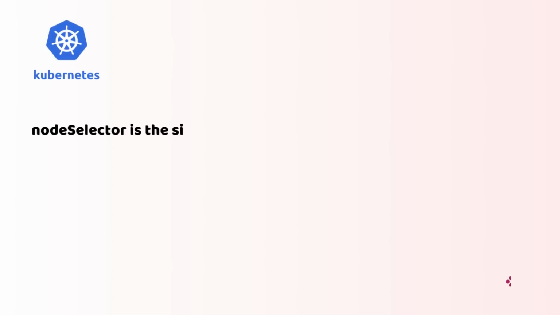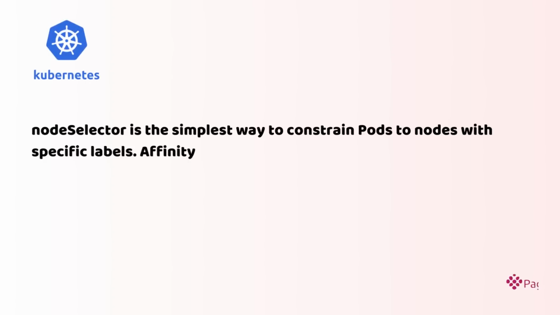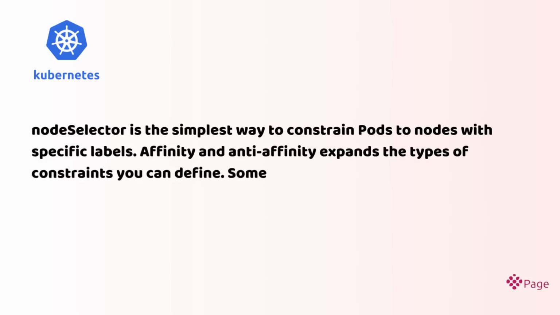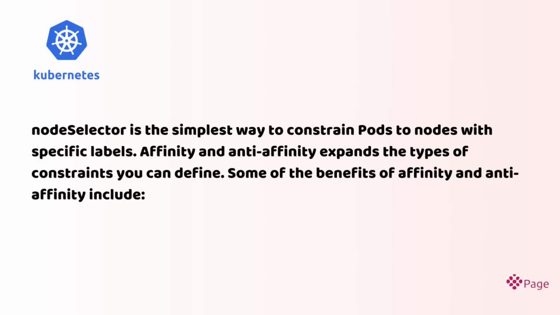Node selector is the simplest way to constrain pods to nodes with specific labels. Affinity and anti-affinity expands the types of constraints you can define. Some of the benefits of affinity and anti-affinity include: